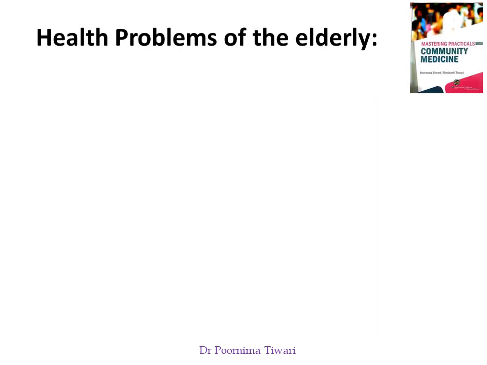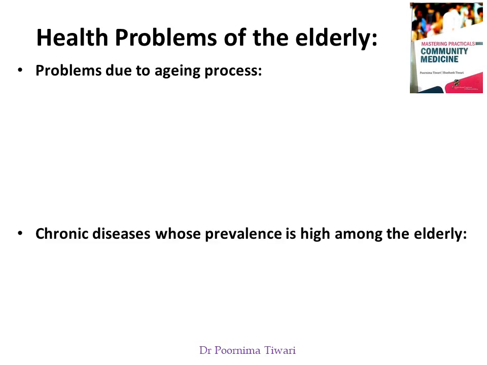So whenever we take history for any case, including an elderly case, we need to know the health problems which are more common in that case. So we need to know health problems more commonly found in the elderly, so that we can ask questions to rule these out in our history taking. So these are health problems due to the aging process as such, and chronic diseases which are present in other age groups as well but are more prevalent in the elderly.